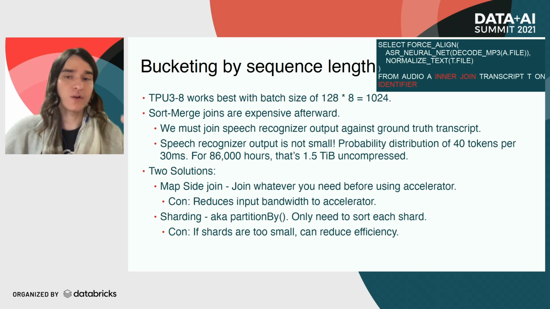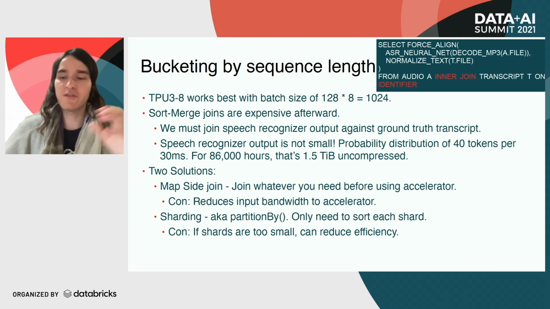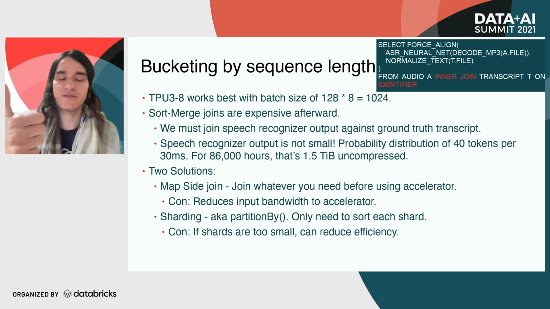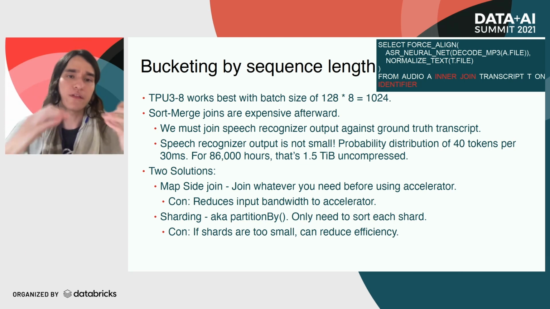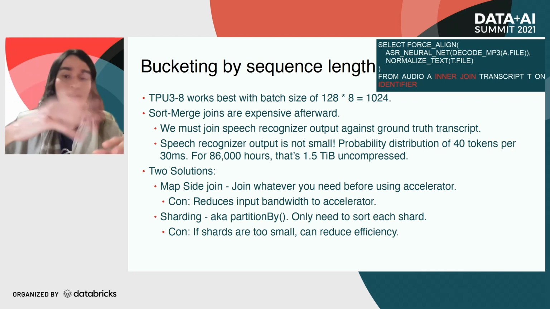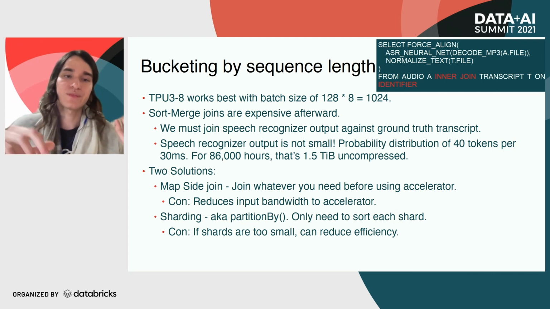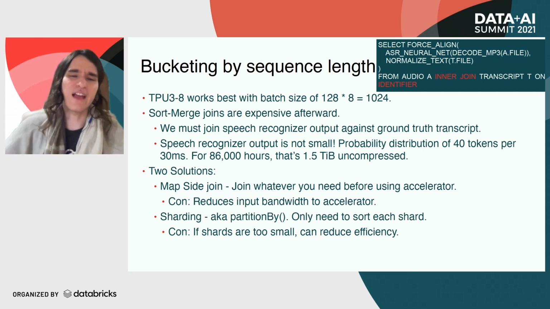I think the reason why is probably that the output of most deep learning models is actually a very small output. If you just want a cat detector, that's theoretically just one bit of information. So it's very small. In that case, maybe you can just do a hash join. And if you can do a hash join, that's probably the best thing to do. But in our case, we essentially output logits every 30 milliseconds over 40 tokens. In some cases, people do 256 tokens or many more. And for us, that ended up being about 1.5 terabytes uncompressed.